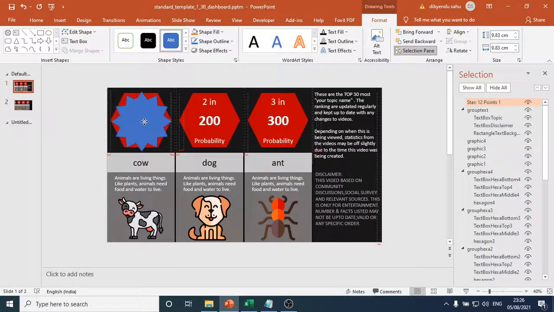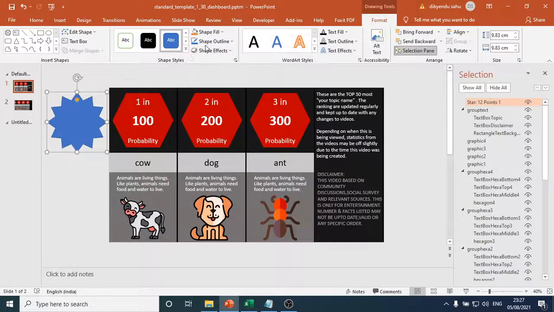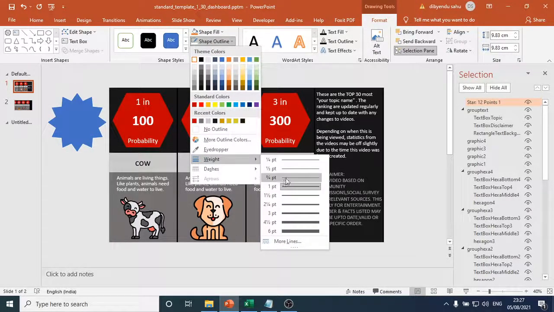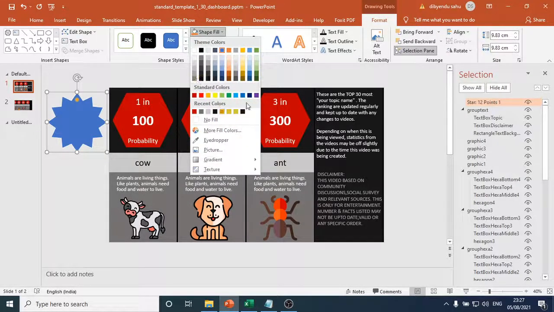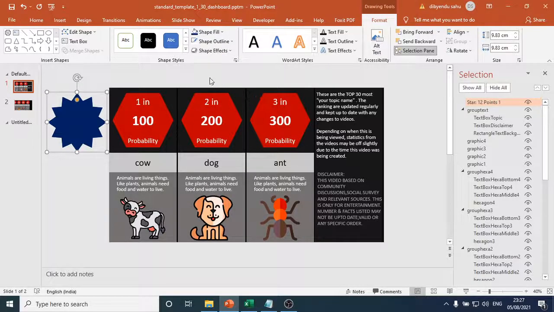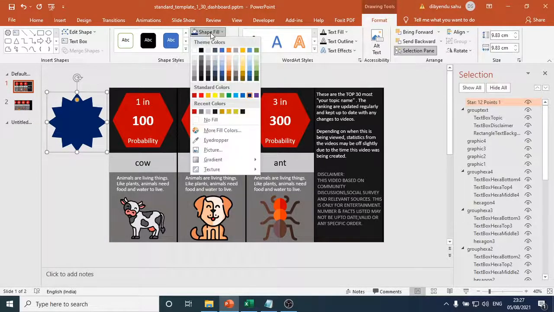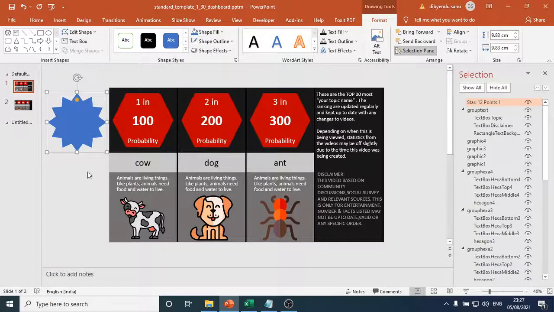Now check it is properly fitted in the box. Okay, now it's properly fit, or you can make it a little bit smaller, but it's okay. Now shape outline, I give it a white color, and weight, and color I can make it this color, blue accent.